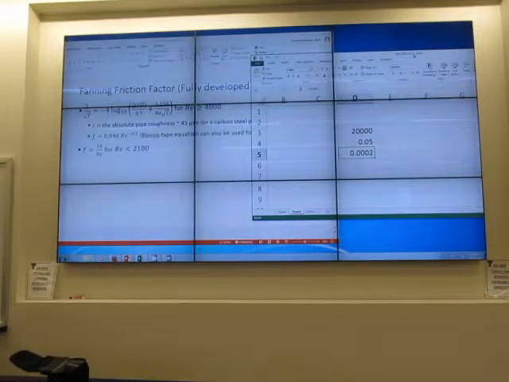Okay, what I would like you to do is type the formula on the right hand side and raise it to the power of minus 2. Maybe you may wonder, how do I type Reynolds number? How do I type epsilon? How do I type D? Do you know how to do that? Not really. So how about I put